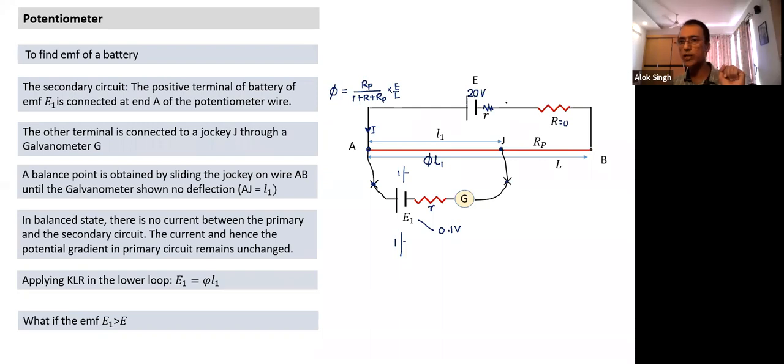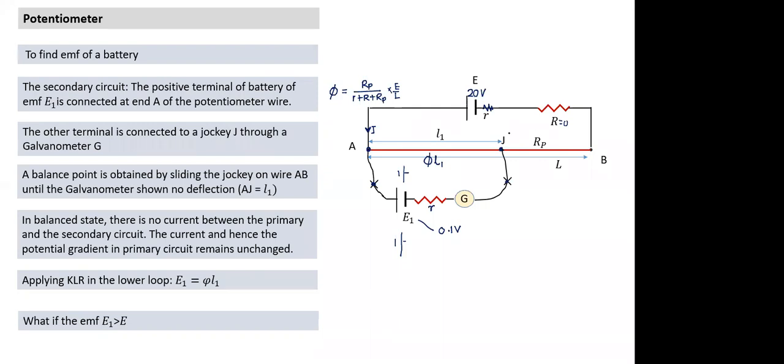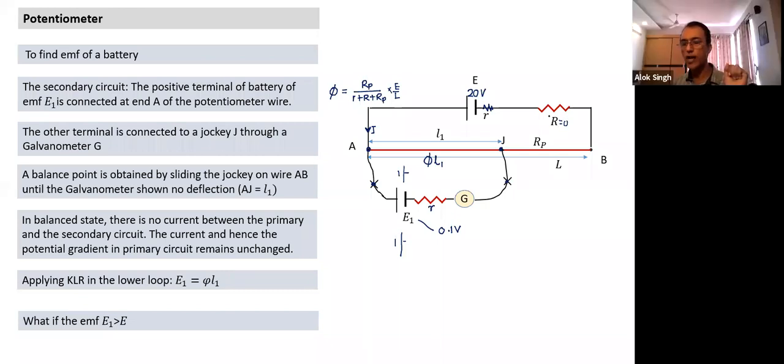In that case, what can I do here? We can increase the resistance so that the potential drop decreases. So it has some purpose. With this, I can achieve different potential gradients for the same battery. Without changing the battery, I can achieve different potential gradients. That's the purpose of having this external resistance R. So most of you understood. Pranav, are you following so far?